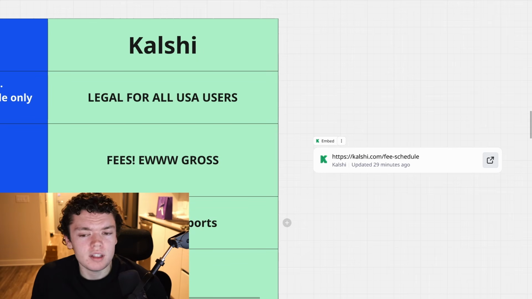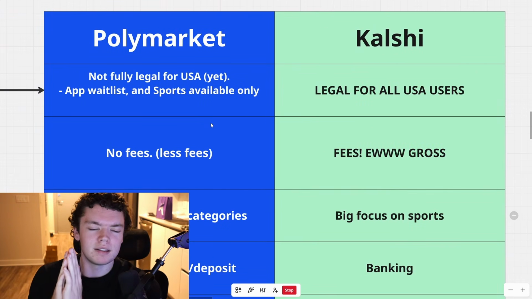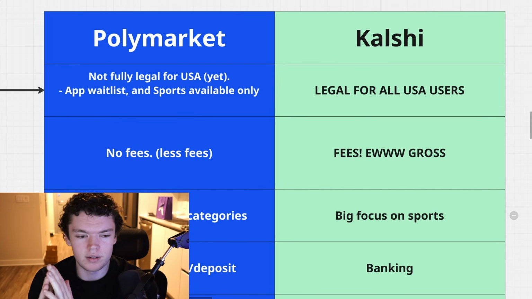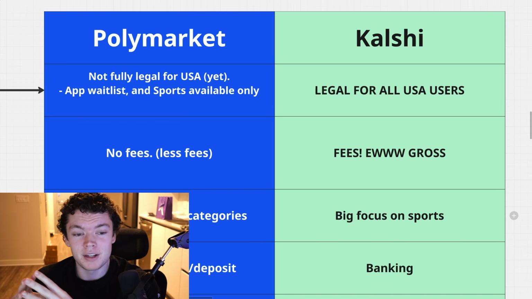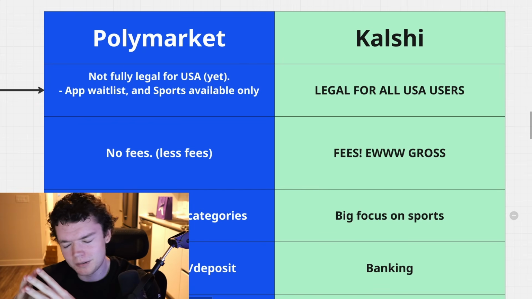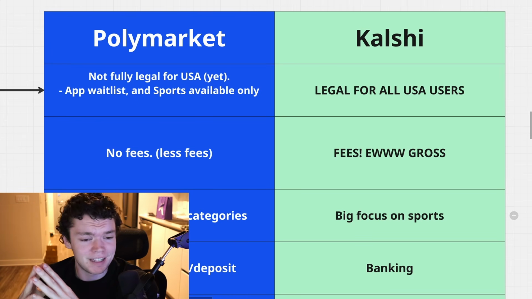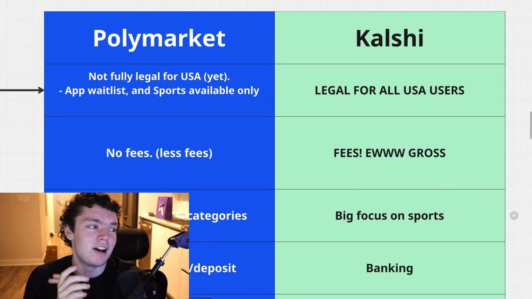I'm not going to go too much into that, but for Polymarket, here's why I said less fees. If I made this video 2 weeks ago, all I would have to put is no fees. But now I have to put less fees. Why? Well, they are slowly introducing fees into Polymarket. You hate to see it. You really hate to see it. Why? Well, because they're not profitable. It's as simple as that. You don't got to pay money to trade on the platform. They're not profitable. They are valued at, I think, like $9 billion.